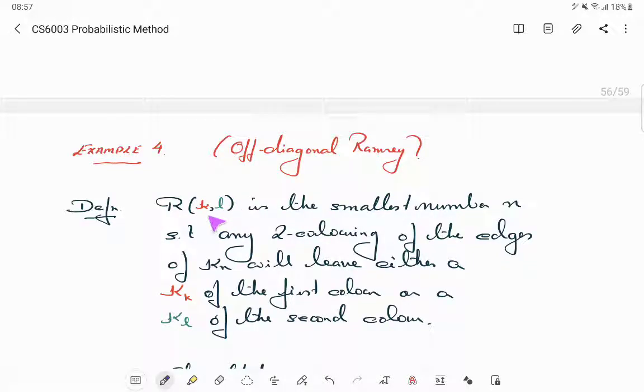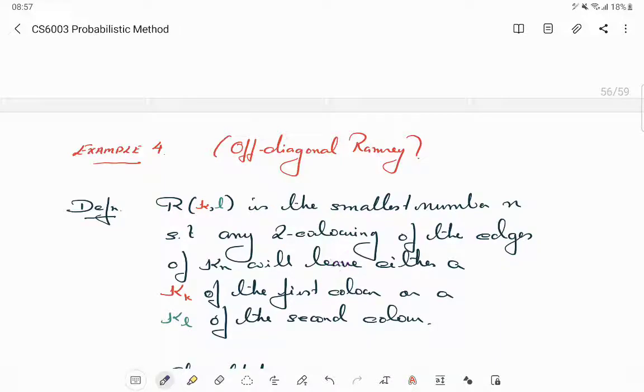Okay, so our standard two colors will be red and green. Not blue. I was saying blue, so let's say red and green. We will indicate the red color as here. Okay, so R(k,l) is again the smallest natural number n, such that any two coloring of the edges of Kn